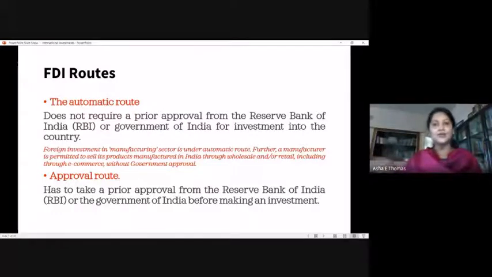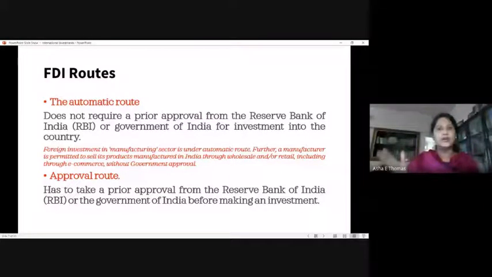The example which I put is that presently the manufacturing sector is considered to be an automatic route. The present policy of the government is to encourage and boost the manufacturing industry. So a foreign manufacturer is allowed to set up their business and do the manufacturing process. The only condition is they have to use a certain percentage of local resources and employ certain people from the local community, but they can go with their production process without any further restrictions.